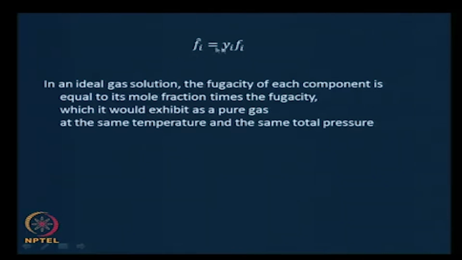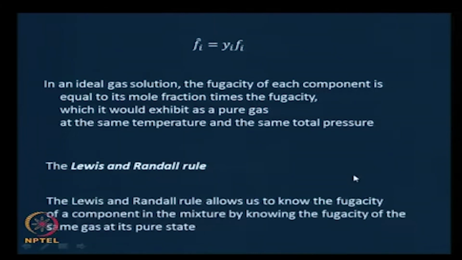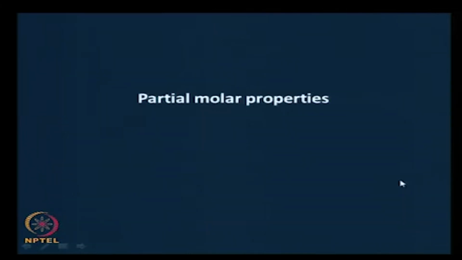This was the Lewis and Randall rule, where this was powerful because the fugacity of the component in solution, Fi hat, is nothing but the product of the mole fraction and the fugacity of the pure component, and this can happen only in ideal solutions. This is the Lewis and Randall rule, and since solutions are not ideal,